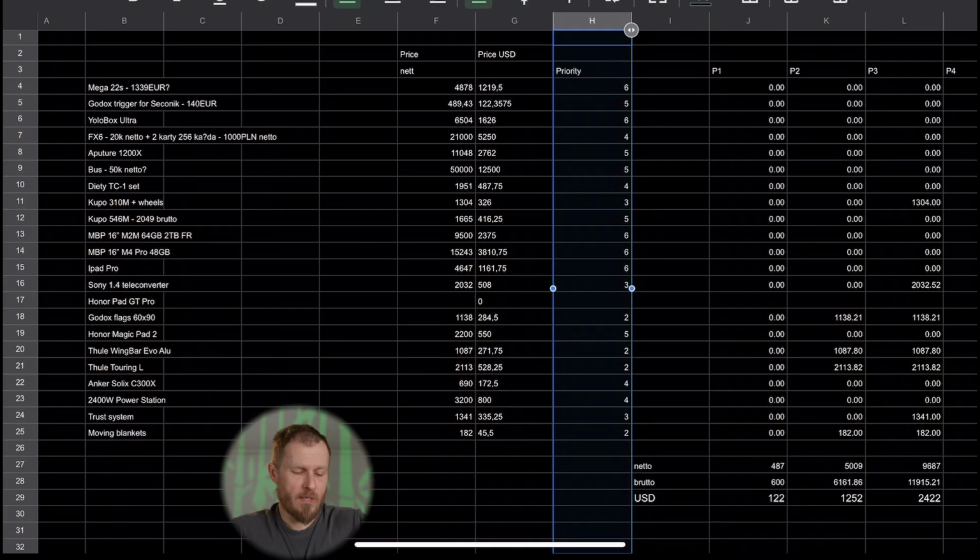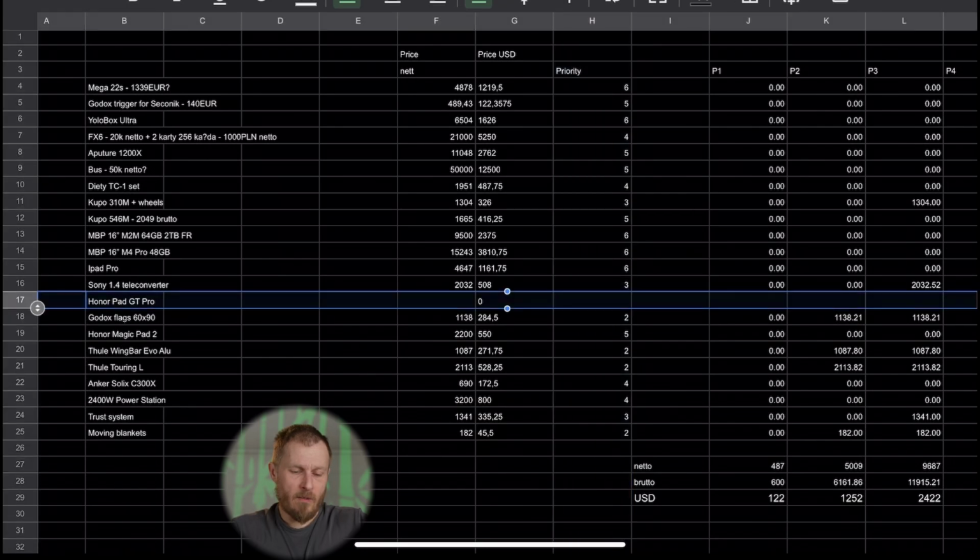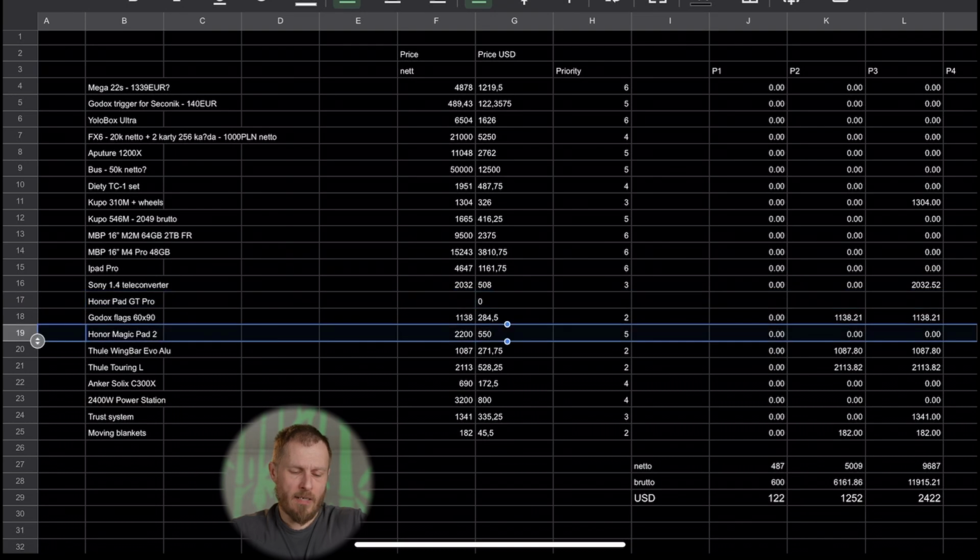But at the moment, for me, it's priority 6, because there is no chance it would pay for itself. And there are some other items here that don't even have a priority because I don't know the price. Here is another